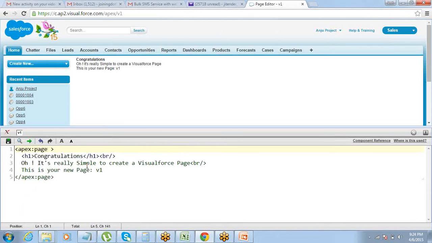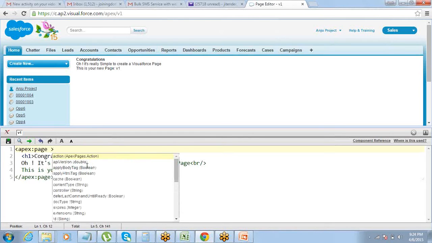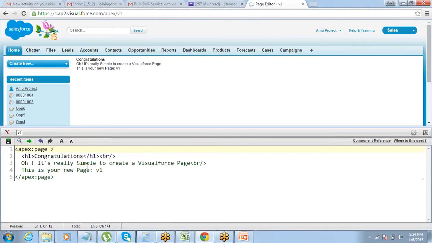Fine, which is fair enough, which is good. Whatever logics you want to work within the page, you should define them right at the top of the page. Okay, clear? So now we'll start our discussion with the most simple, the standard controller. The simplest of them all, the standard controller.